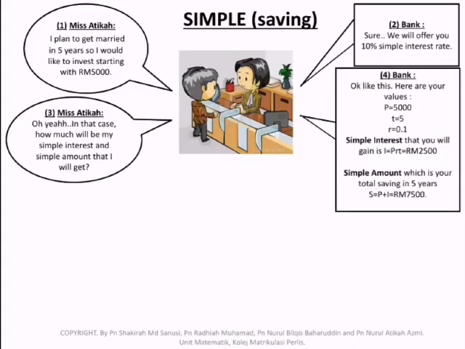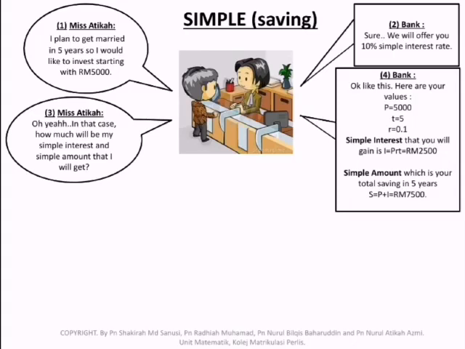Okay, like this. Here are your values. Your principal values will become RM 5,000 and your time will become 5 years and your simple interest rate is R equal to 0.1 and your simple interest that you will gain is capital I equal to PRT equal to RM 2,500 and your simple amount, which is your total saving in 5 years, is S equal to P plus capital I equal to RM